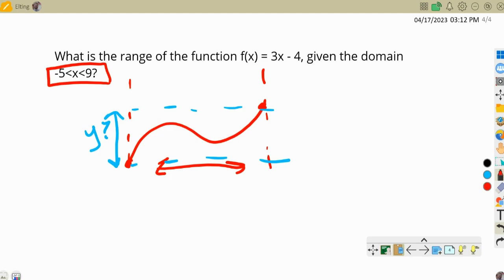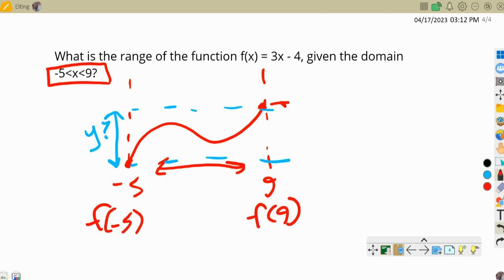And the answer here is actually really easy. It just requires that we do a little plugging and chugging. So what I'm going to do is take these endpoints, which in this case are -5 and 9 for my function, and I'm just going to evaluate the function. If I find f of -5 and I find f of 9, that will tell me the heights of each